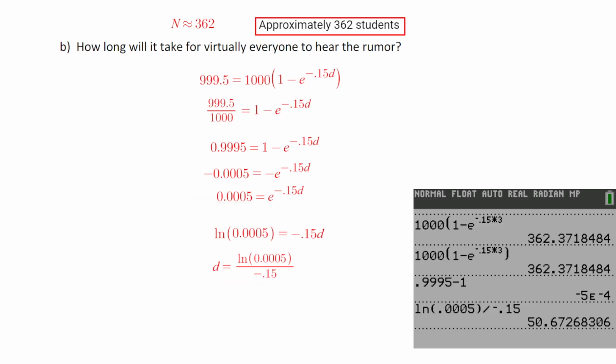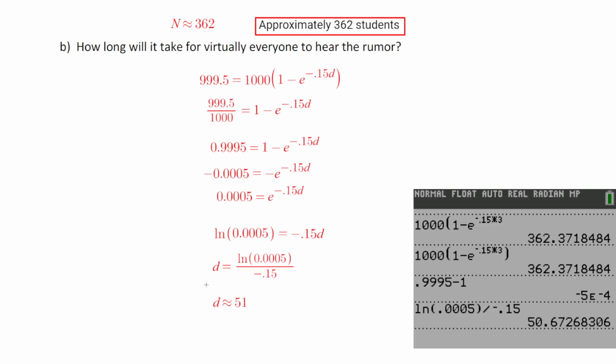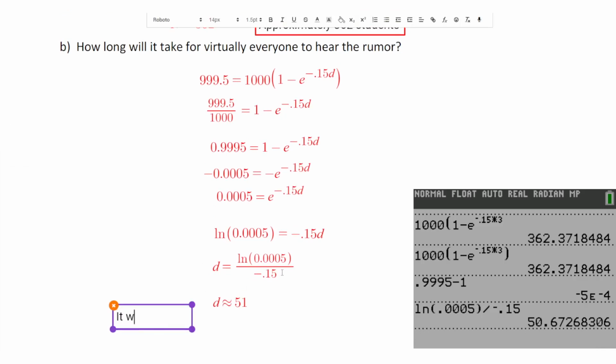Yep. So D is approximately 51. And then again, we want to make sure we're answering this question within the context that it was asked. So we're going to write a complete sentence here to answer the question. How long will it take for virtually everyone to hear the rumor? Okay, it will take